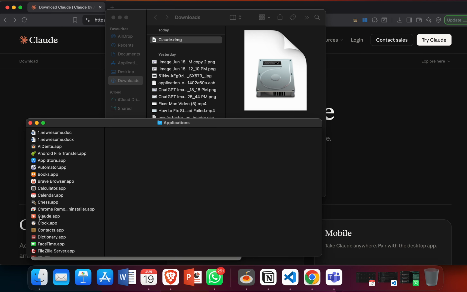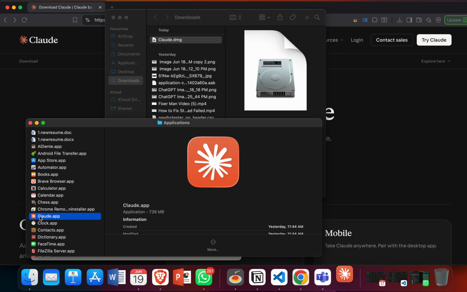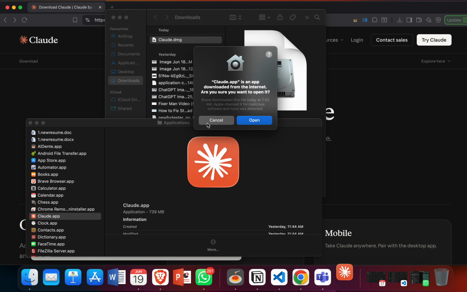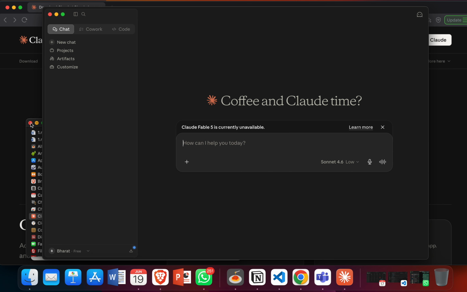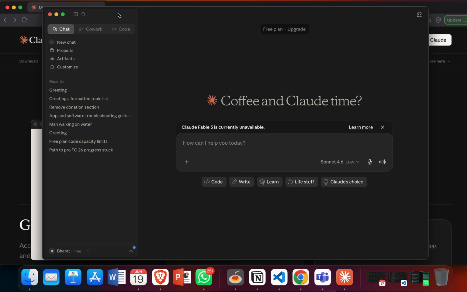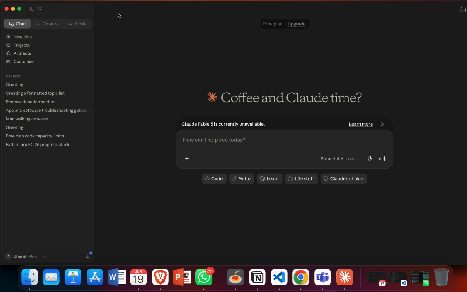After that, simply click on this application and wait for it to open. When it asks for some permissions, you just click open and close all the prompts. Okay, now guys, here you see that my application is ready. After that, here you see the new chat and project. So if you have an account, directly go here, and since I'm first logged out, I'll show you